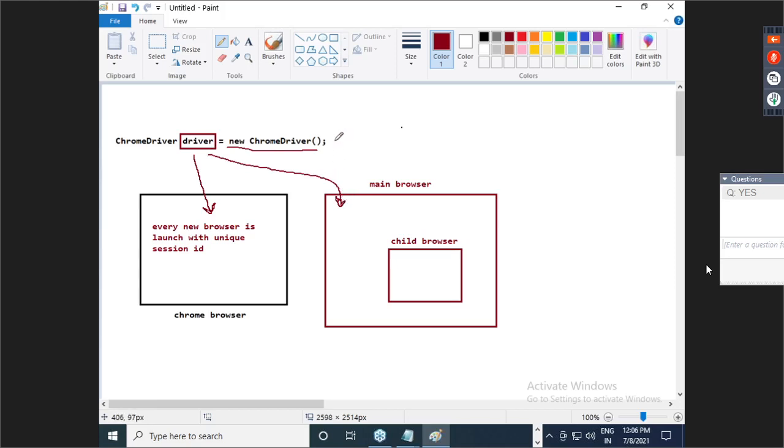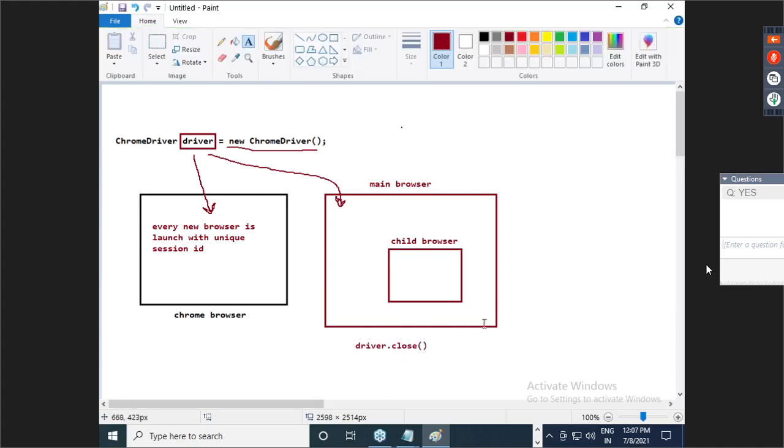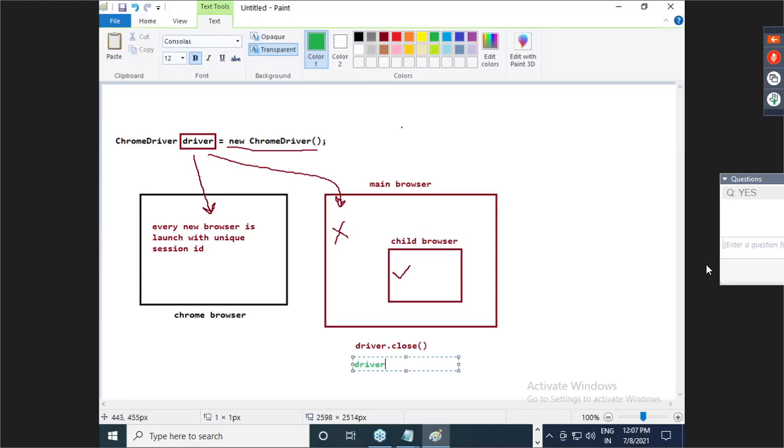Okay, and that is the reason, guys, when you use driver.close, then only the main browser will get closed, because that session ID only is stored in driver. This browser is still open. But when you are doing driver.quit, see, I will give a different color.